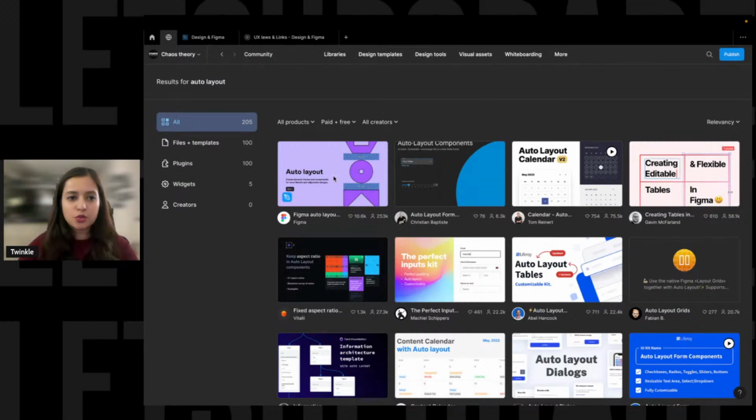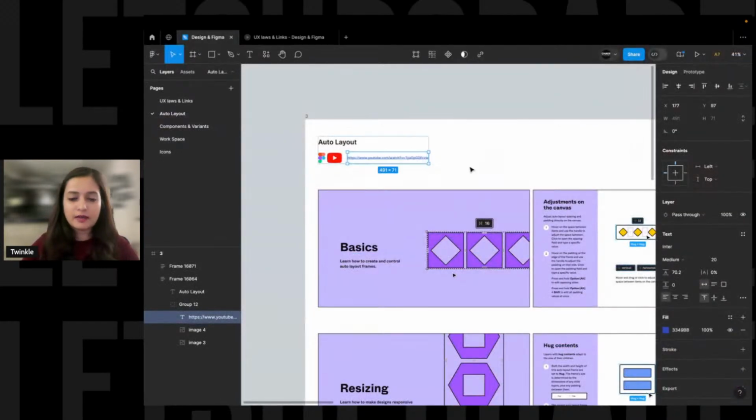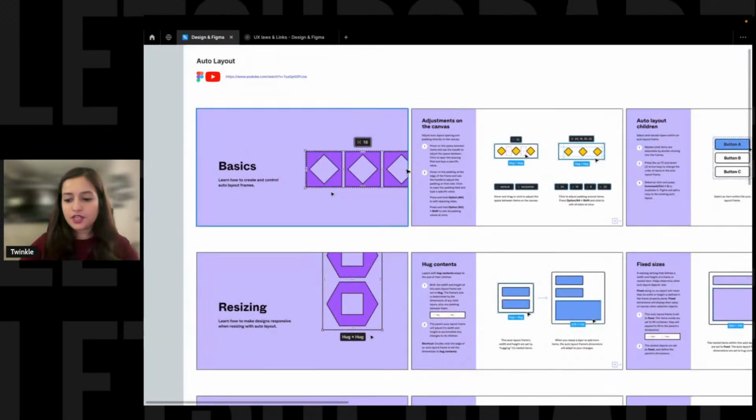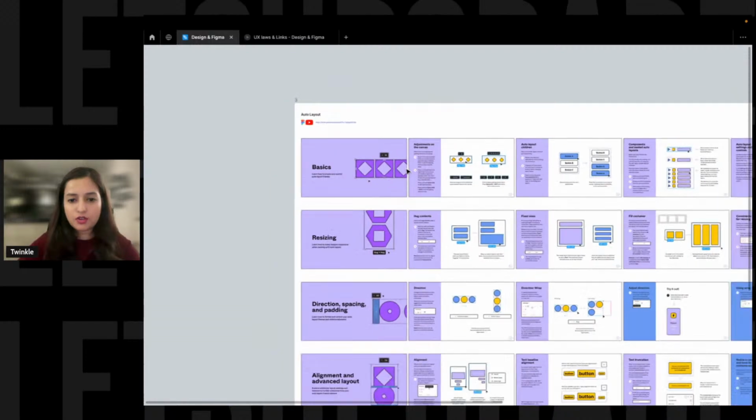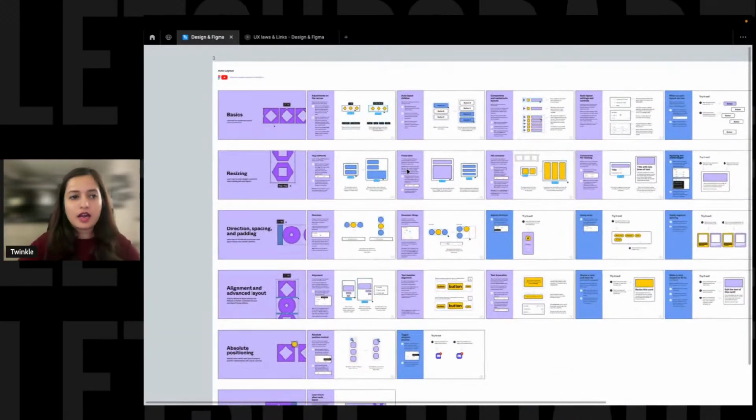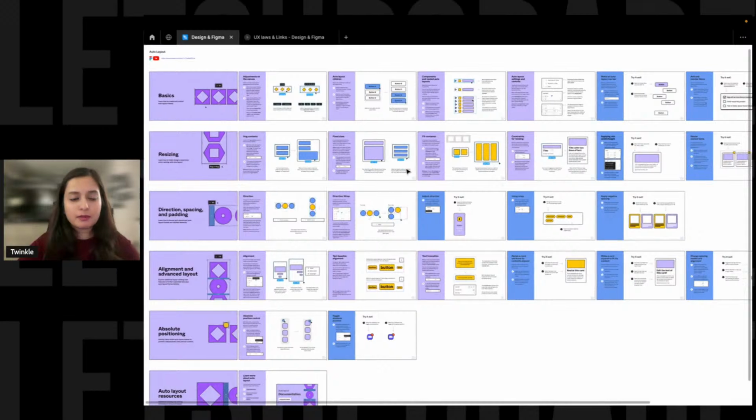What they do is write down everything step by step. I'm going to quickly take you through some slides for auto layout to help you understand. I wanted to create something of my own, but